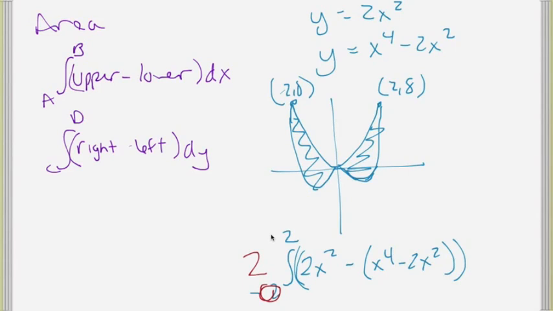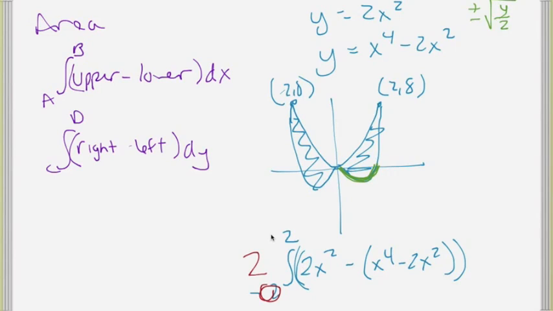But as far as right and left, down here we have an issue that the same function is both on the right and on the left. And so we couldn't really do that. Also, we would need to have it solved for x to be able to do that. And when we solve these for x, I'm going to get plus or minus square root of y over 2. And so then we end up with a non-function. So yeah, don't do that. If you were to keep solving this, like if you were to integrate it or whatever,